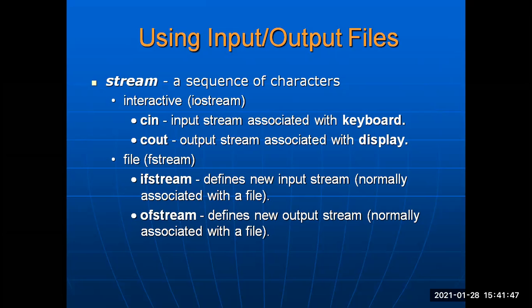Similarly, like iostreams, we have the file fstreams also. fstream is file streams. So in this, ifstream, that is the input file stream, and ofstream, the output file stream, are there. So basically it defines a new input stream that is normally associated with a file, and both input file stream and output file stream are linked to the file here, right? So if you want to read the data from the file, then we use the ifstream object. If you want to write the data into a file, then we have to use the ofstream object here, right?